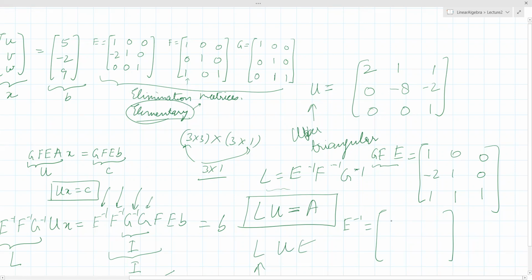So we don't even have to do the calculations. That is the beauty of this particular configuration. So what we have is your triangular matrix, and instead of minus L21 over here, we'll have plus L21. So what is plus L21 in this case? +2. Okay. So now let us try to verify whether E inverse into E is equal to identity. Can you do that? Let us do that.